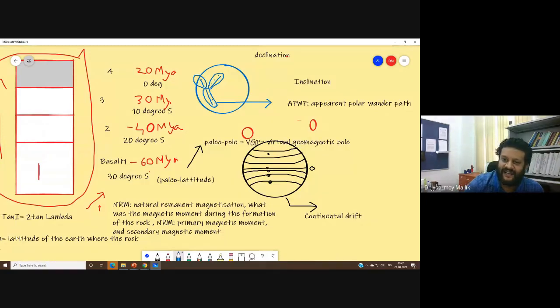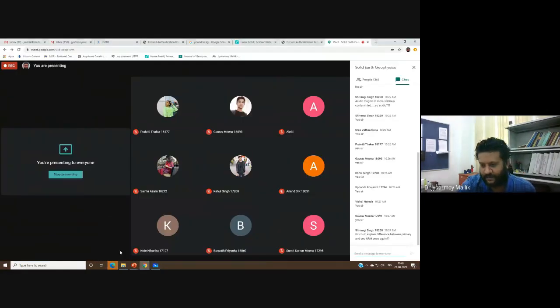We will discuss in detail about virtual geomagnetic pole, apparent polar wander path, and paleomagnetism when we talk about paleomagnetism in detail. But for the time being, just understand the principle, and if you read in Laudy's book, it will be even clearer. I know this is a little overwhelming to grasp at the very beginning, but the message that I want to get through is, from paleomagnetic studies, you can get some direct evidence on continental drift.